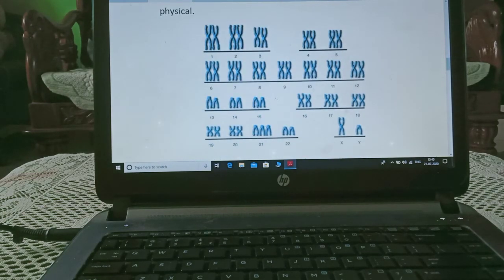Now you can see here how the chromosomal arrangement is, you can see 1, 2, 3 up to the 23rd. This is the 23rd pair of chromosomes, that is known as the sex chromosome, and the rest are all autosomes. You can see different places how the chromosomal arrangement is there, in some places it is 2, in some places it is 3, and this is also an abnormality of the sex chromosome.